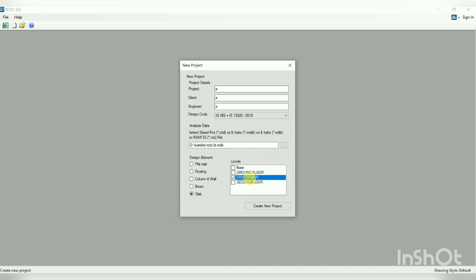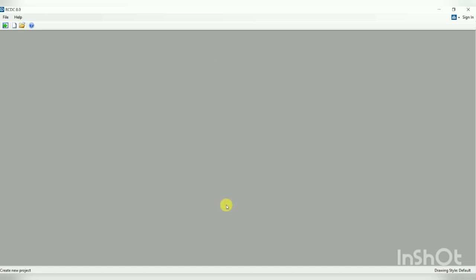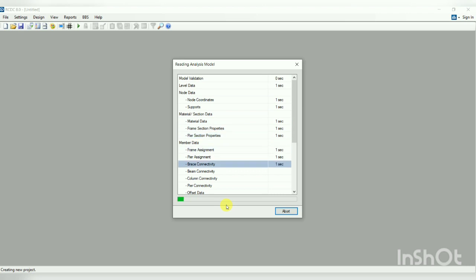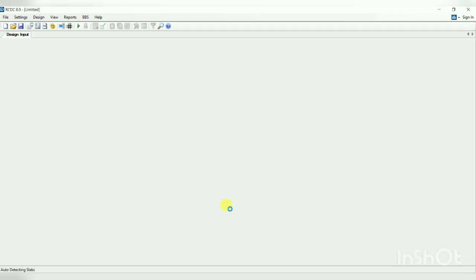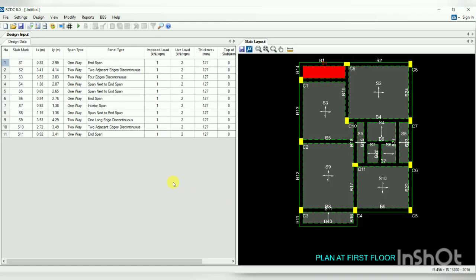I want to design first floor slab. So here all the slabs have been marked. Imposed load, live load, thickness is there. Whatever we have assigned in ETABS will get reflected here.